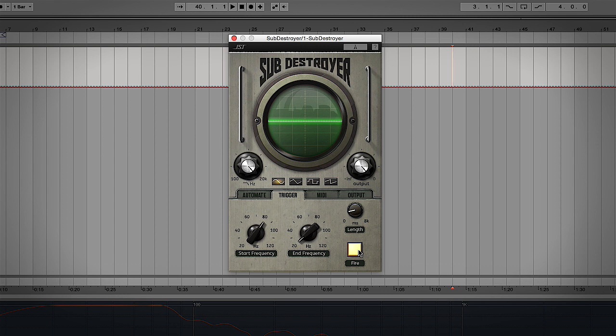And we can dial in a few other parameters as well. So we can set the length with this length control. We can maybe make it a bit longer, about 2 seconds or so. And then you have a few controls such as setting the overall output level. Maybe we want to pull that back 2 dB or so. And we can choose the different types of waveform we want to work with. So if we want a falling triangle sound,